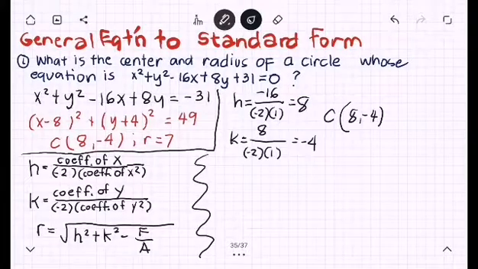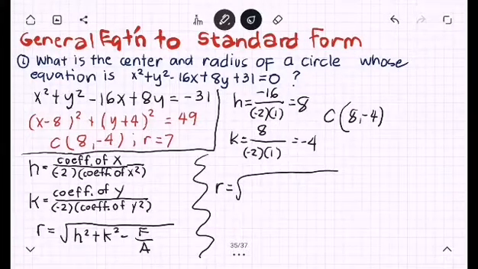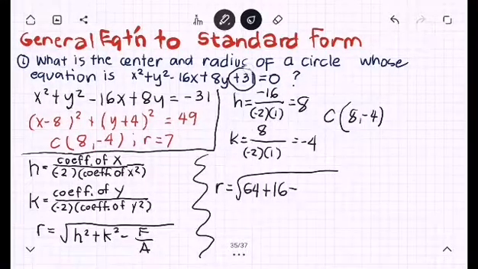Okay. So, para sa radius, tandaan nyo to, square root ng h square. So, ang h natin is 8, square natin 64. Ang k natin is negative 4, square nyo lang 16. So, minus, ang f natin, ito, ang f dito ay yung constant term. So, negative 31, over